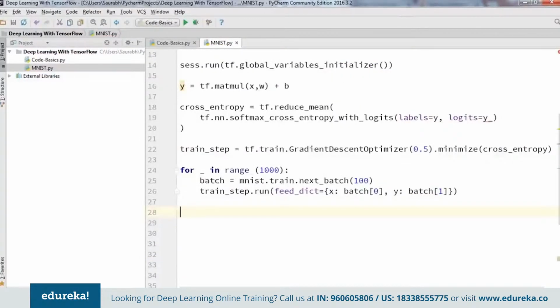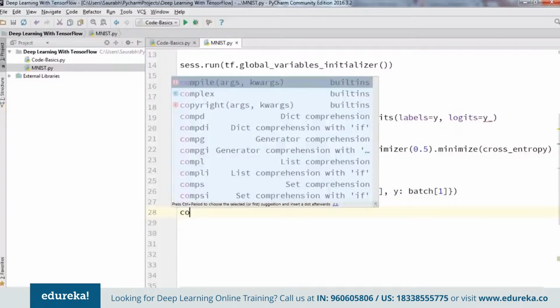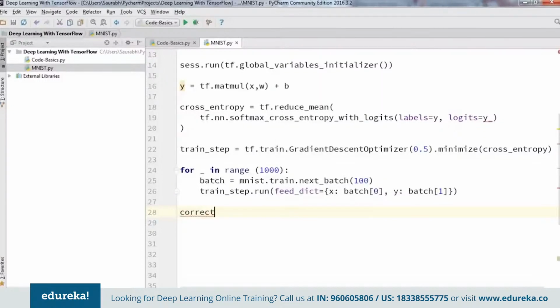Now we need to evaluate our model. We need to figure out how well our model is doing, and for that I'm going to make use of the tf.argmax function. Let me tell you how it works. First I'm going to type in here correct_prediction equals tf.equal(tf.argmax(y_, 1),